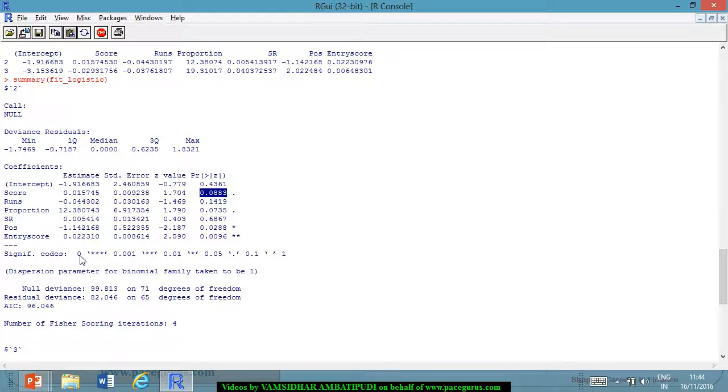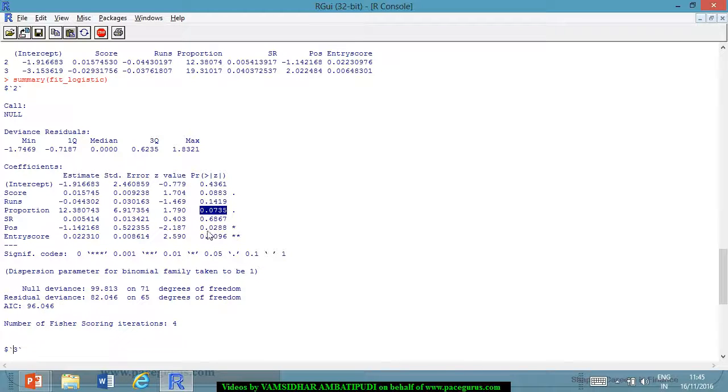Now you could see here, if the p value is 0, it is very highly significant. 0.001, the next, slightly less significant. 0.01, which is around 1%, even less significant, minutely significant, and just very nominally significant if it is between 0.05 and 0.1. So a small dot indicates that the significance is there, but very minimal, for proportion as well